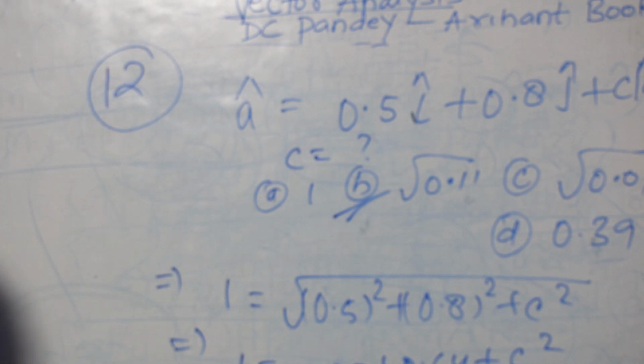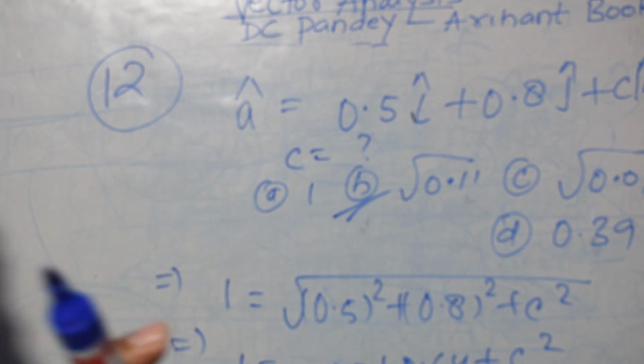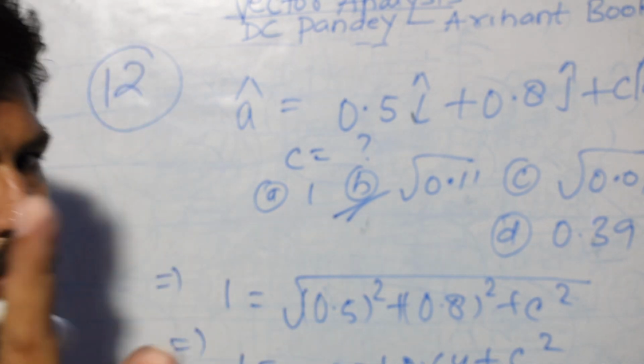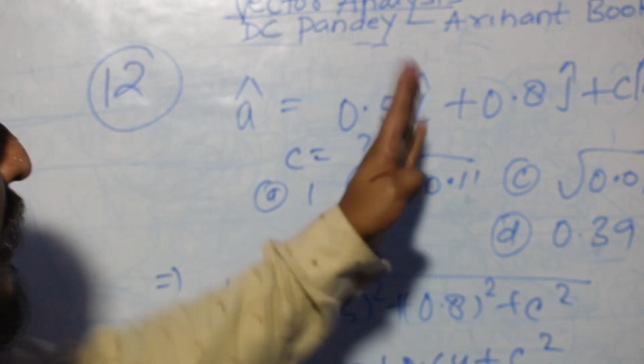This is a very good question, right? See here, it was given that this is a unit vector. So a unit vector is defined as the vector which has magnitude unity, meaning 1. And how to calculate